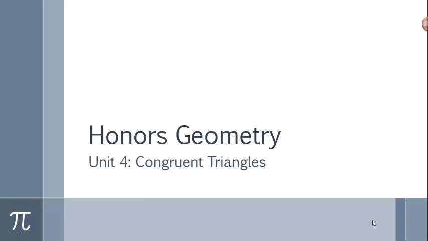Our next unit begins our extensive study of triangles. The next couple of units will cover triangles in depth. We're going to focus on congruent triangles in this unit. And a lot of times this is the unit where students that have been struggling with proof, it all starts